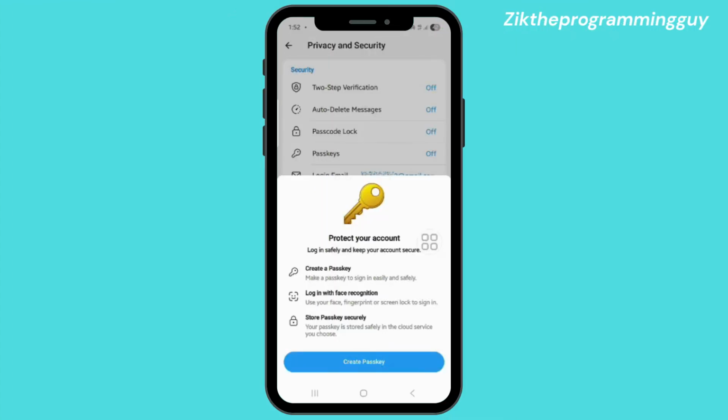In today's video, I'll be showing you how to create a passkey in Telegram. So, what is a passkey? A passkey is actually a login,